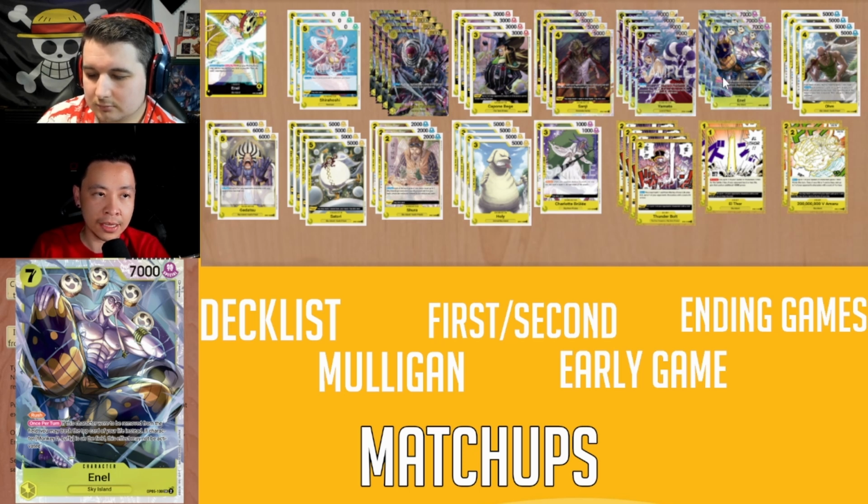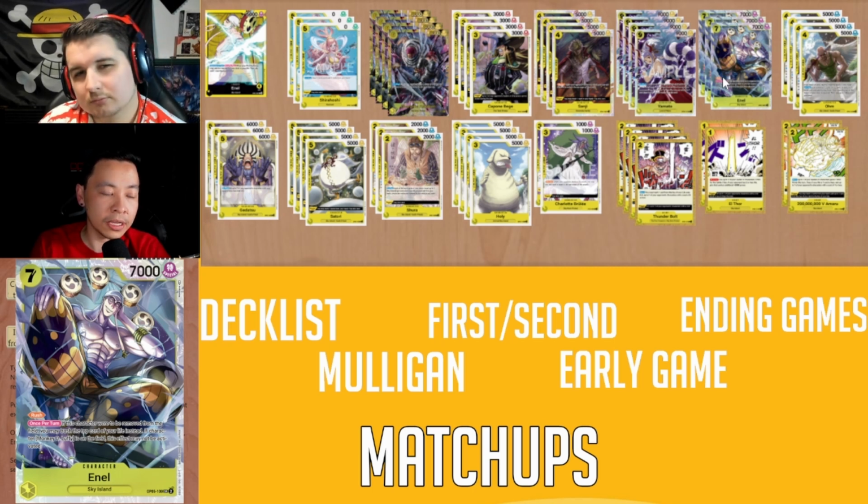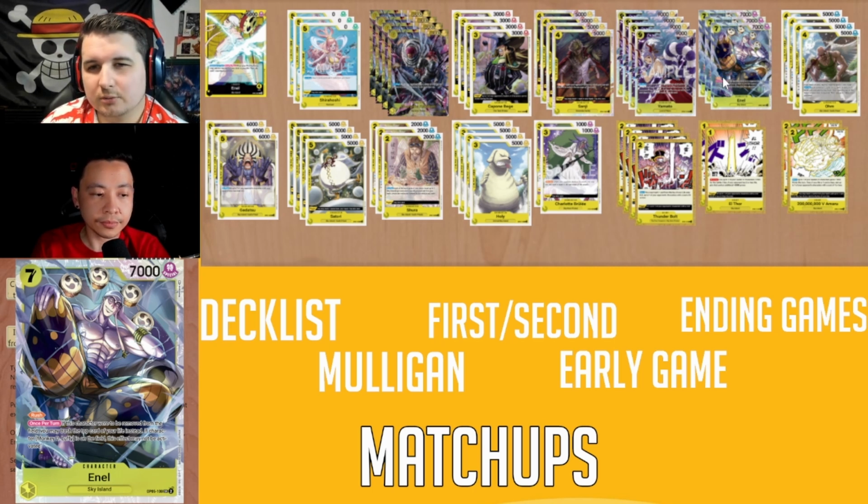If you go second, it hurts Sakazuki a lot having to go first over second, and also gives you more cards in your hand. So I think second is a stronger play. Yeah, makes sense. I also do want to say they're playing a lot of Sabos lately too. Keep that in mind if you're planning to Yamato them at some point,